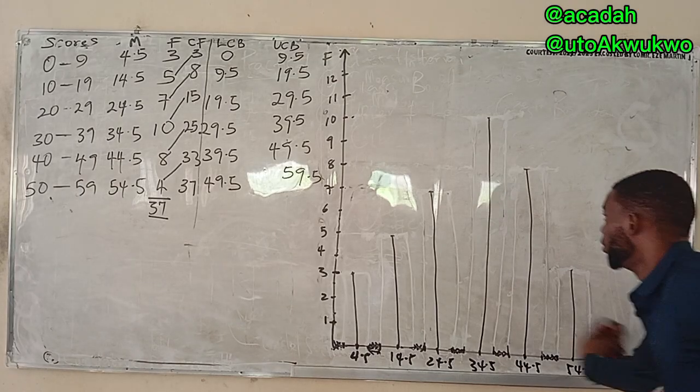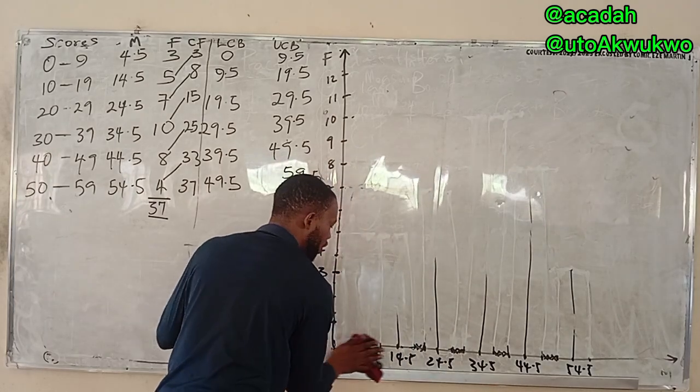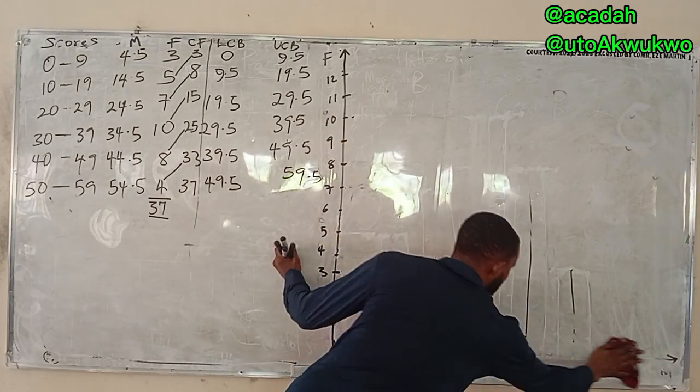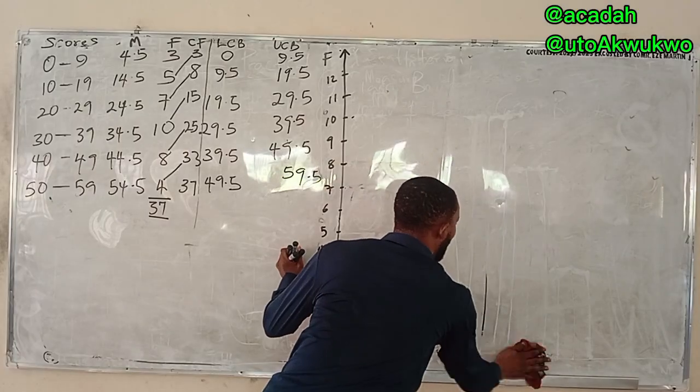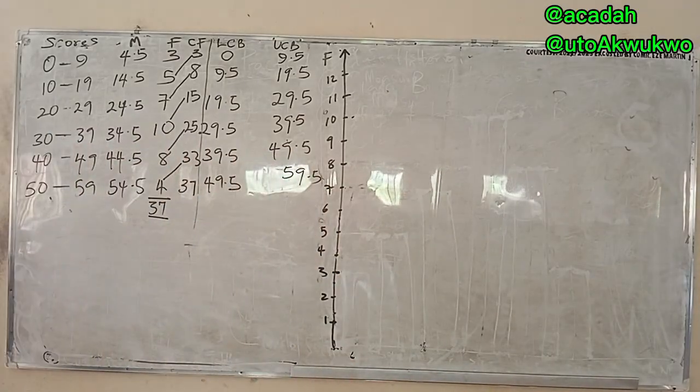Okay. So the only difference between histogram and bar chart is just the horizontal axis. And you need to know why. The horizontal axis for a histogram is drawn not with class mark, not with midpoint, but with class boundary. So that's the first thing you need to note. The horizontal axis of a histogram is drawn with class boundary.